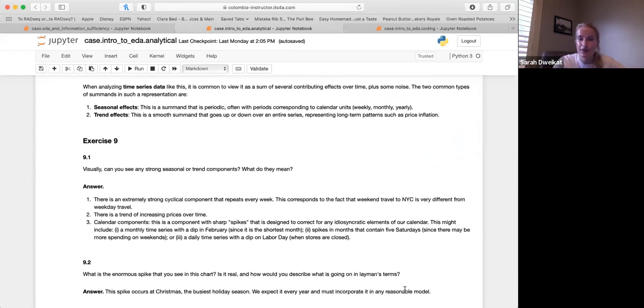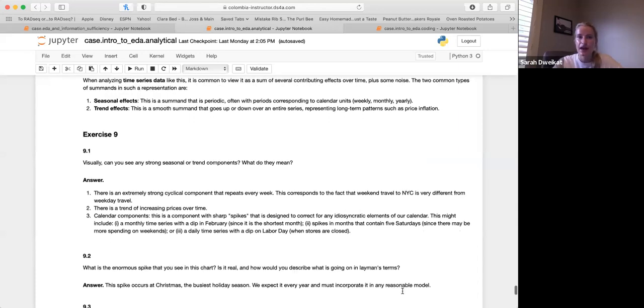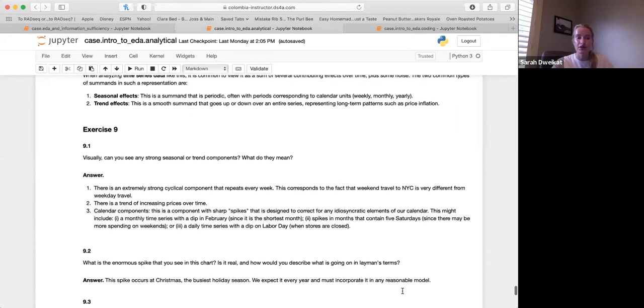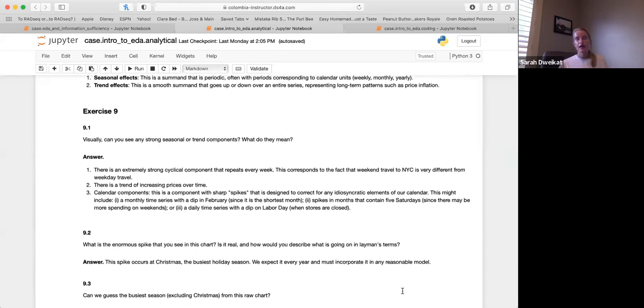You would also have to incorporate that if you were going to build a model to predict. What's most important there is using as much data as possible. If you were to build a machine learning model or something, if you can add as much data as possible to give your model the best sense of those yearly changes, you'll have a more accurate model. But let's answer question 9.3.